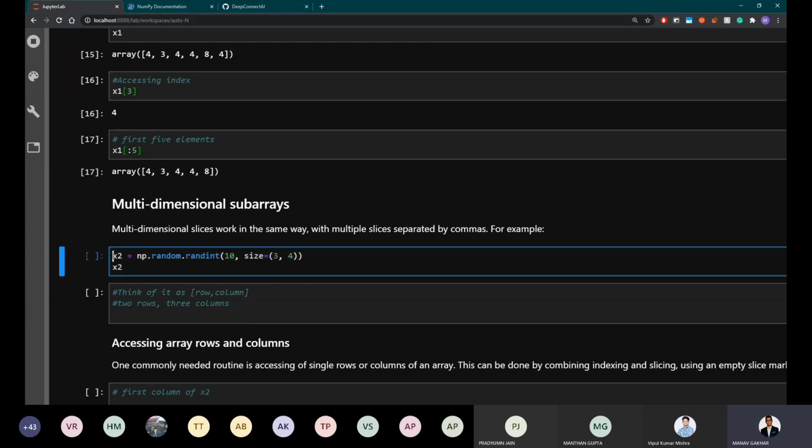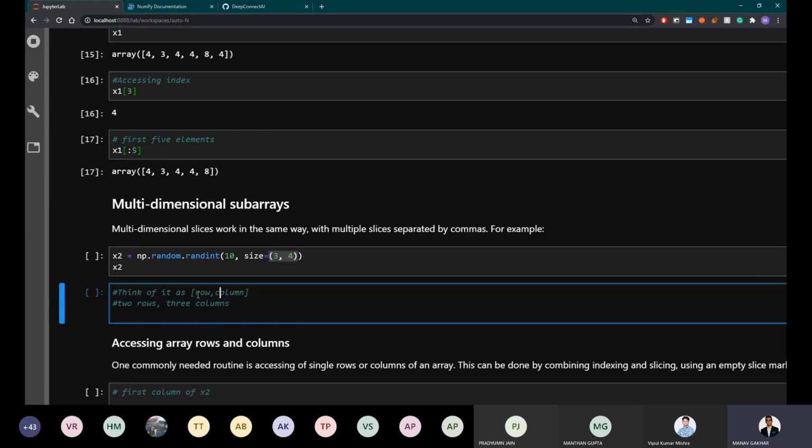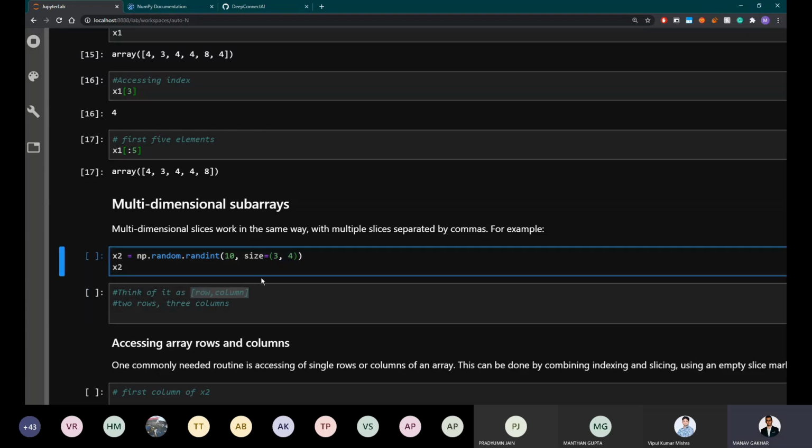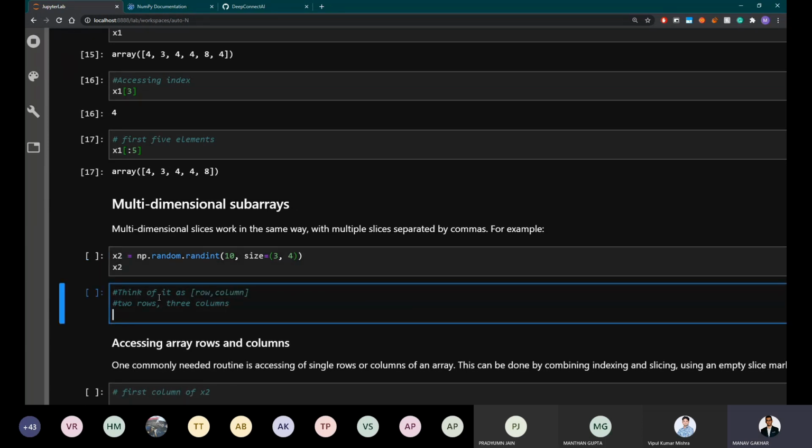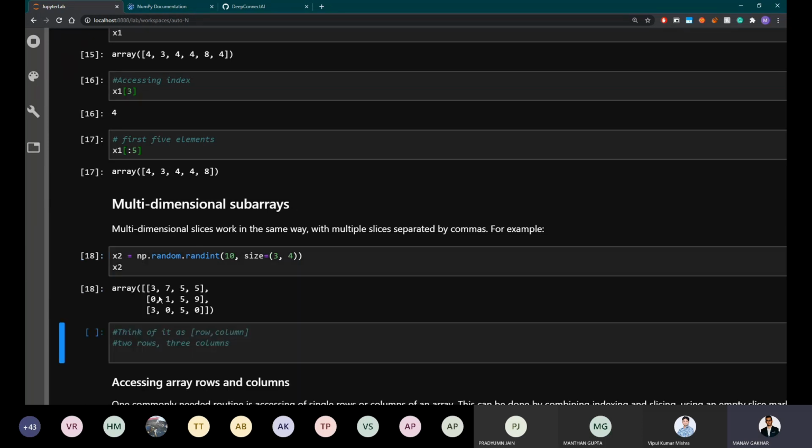Here we're again defining x2 as 3 comma 4. Now 3 comma 4 is tricky to comprehend. You can think of it as row comma column, like 3 rows and 4 columns. It becomes easy to visualize that way. Now I'll print x2 first. This is what x2 looks like, 3 rows and 4 columns.